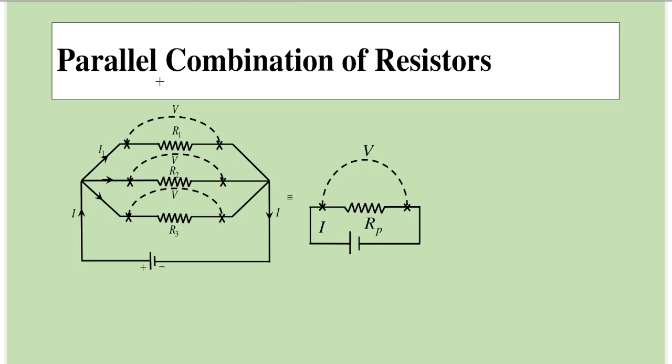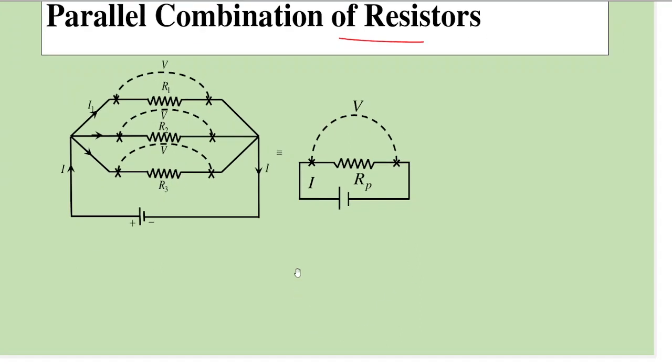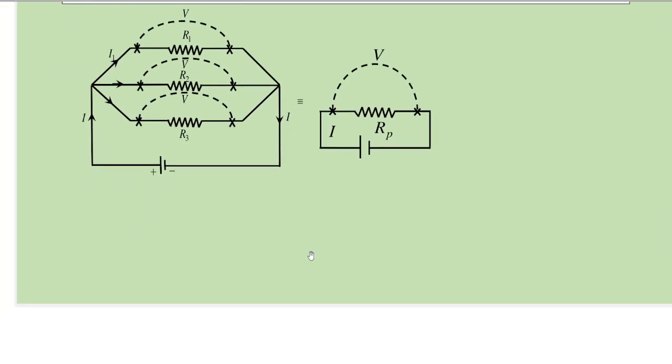Let us now study about parallel combination of resistors. Again here, the idea is to find the equivalent resistance. As discussed in the earlier topic, parallel combination means that the current divides between different branches. Suppose this battery supplies a voltage drop of V, then the same voltage drop appears across all the resistances, but